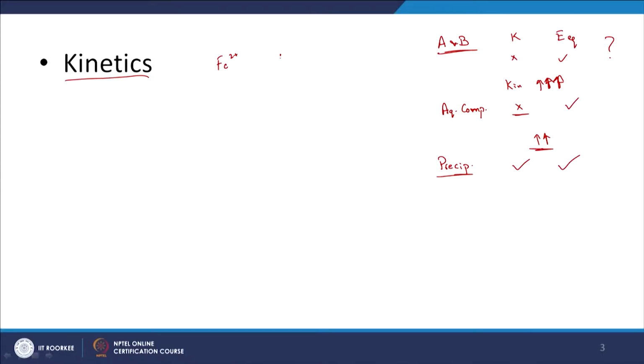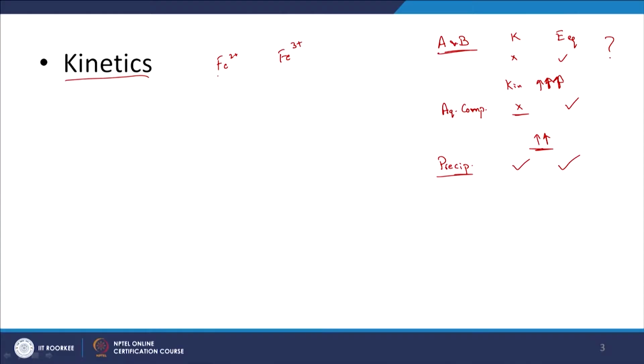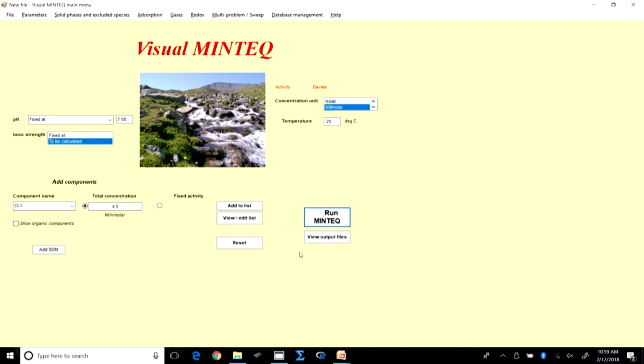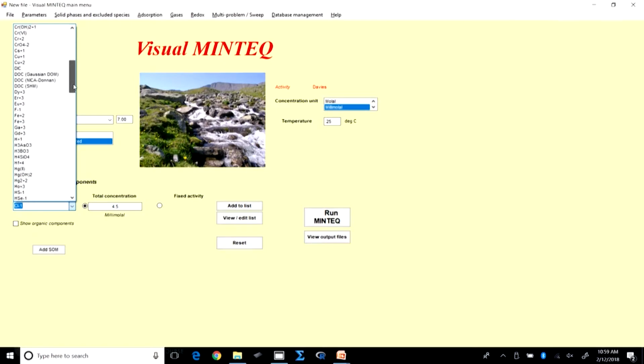If you remember the example in Tech with Fe2+ or Fe3+, we had to choose the type of solid phase that was feasible. For Fe2+ I think there were two forms: amorphous Fe(OH)2, and the same molecular formula, crystalline. Let us go back to Tech to refresh our memory. Let us say I choose Fe2+,